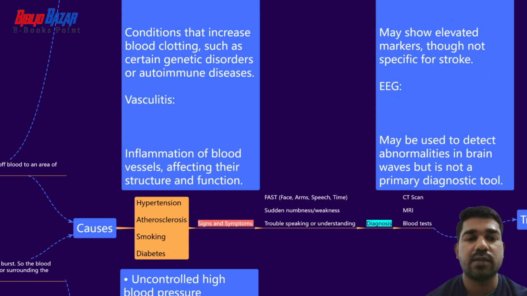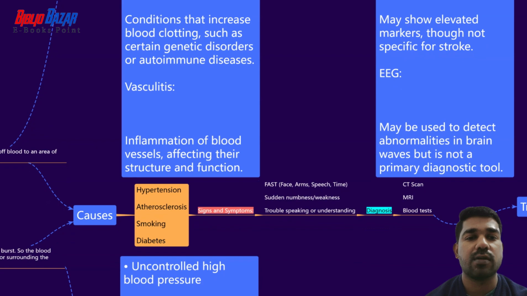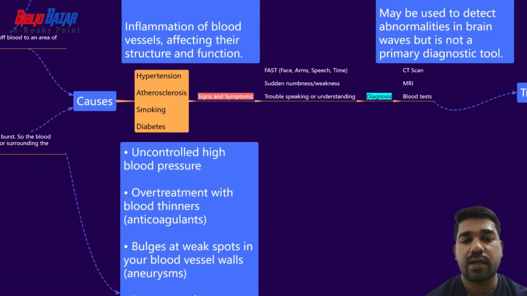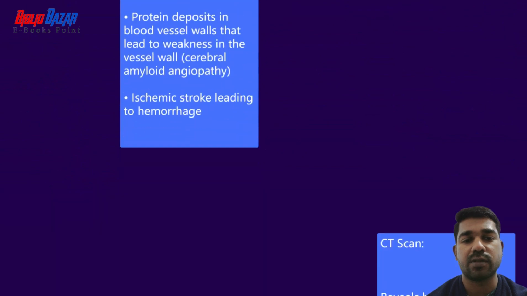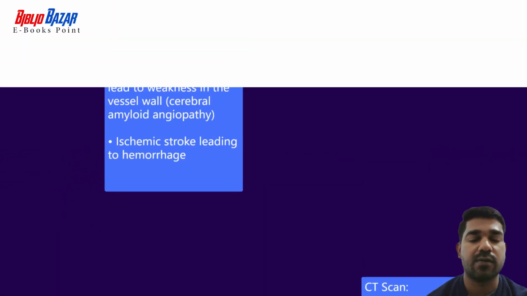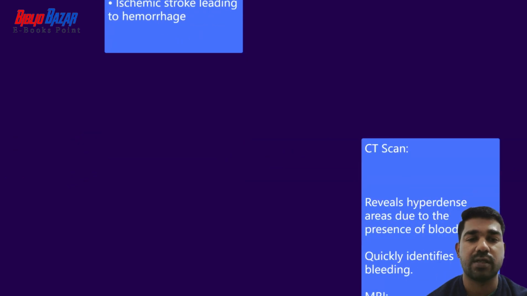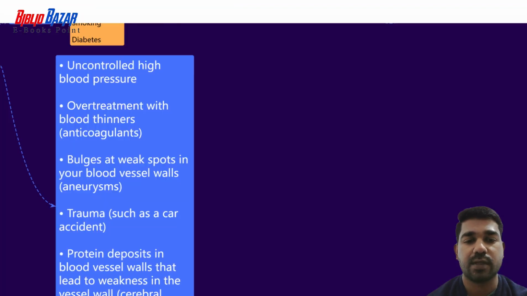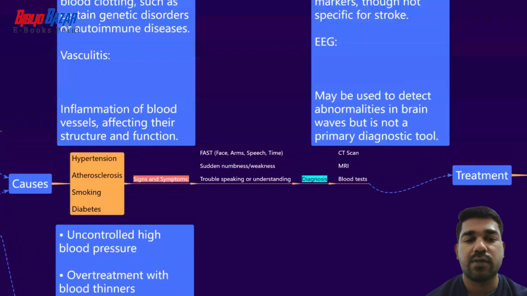Then blood test: elevated stroke markers can be identified to rule out the stroke. Then EEG, where abnormalities of the brain can be detected, and the other one is